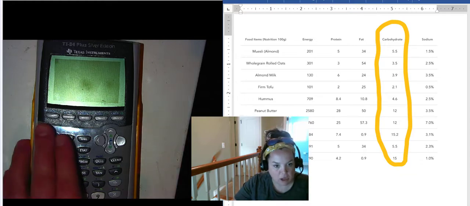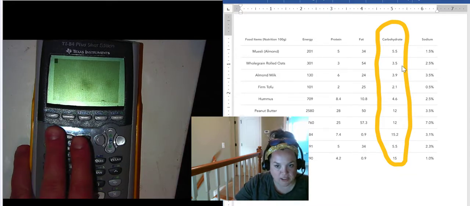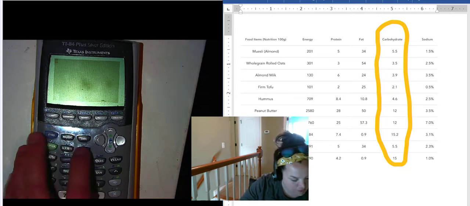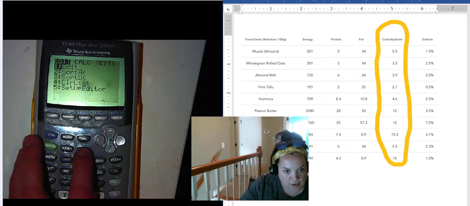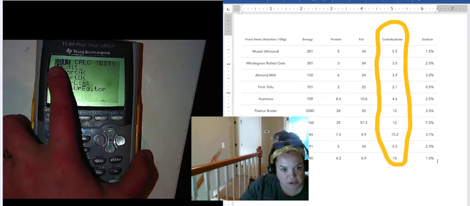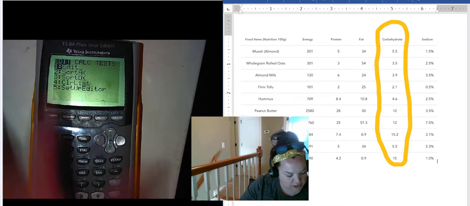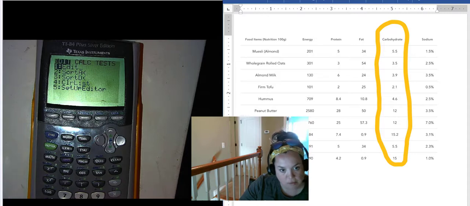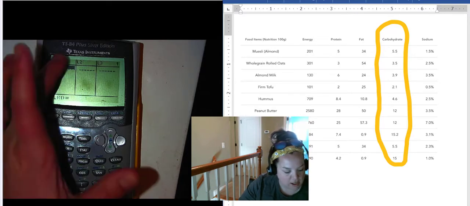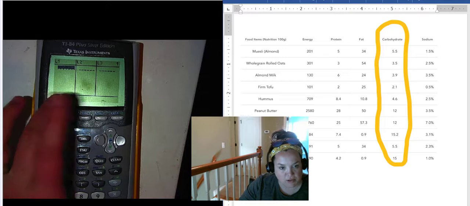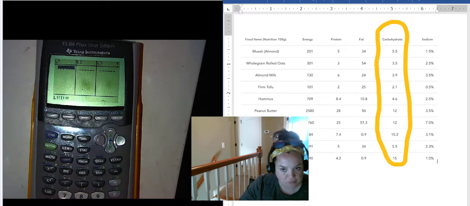So here on my calculator, to analyze this column of carbohydrates, I'm going to push the stat button. And then I want to enter data, and you do that in the edit option. So when edit is highlighted, I'll push enter. And now I have no data in list 1, so I'm going to enter it all in list 1, starting with here the 5.5, so I'll do 5.5 and then enter, and then I'll do 3.5, and then enter,